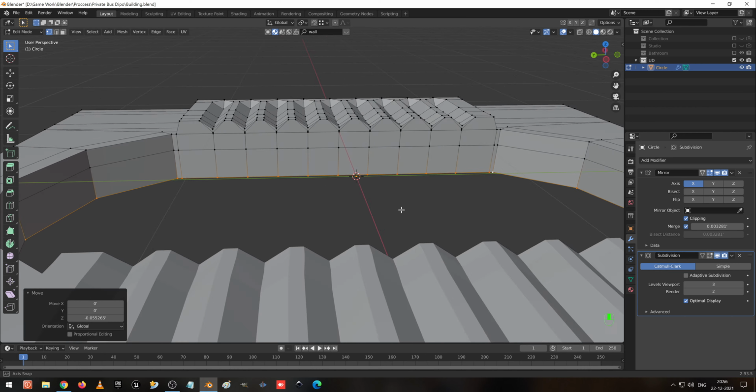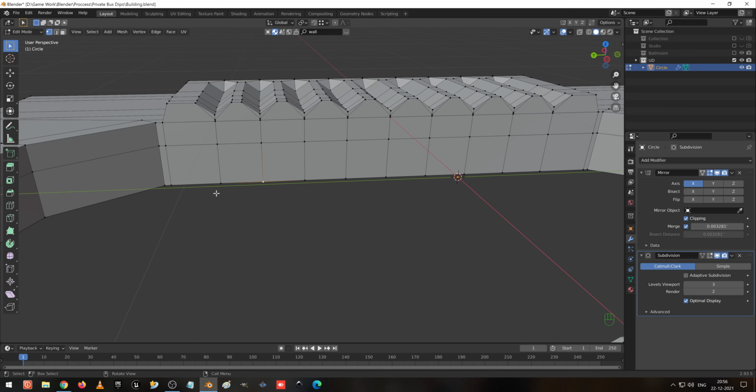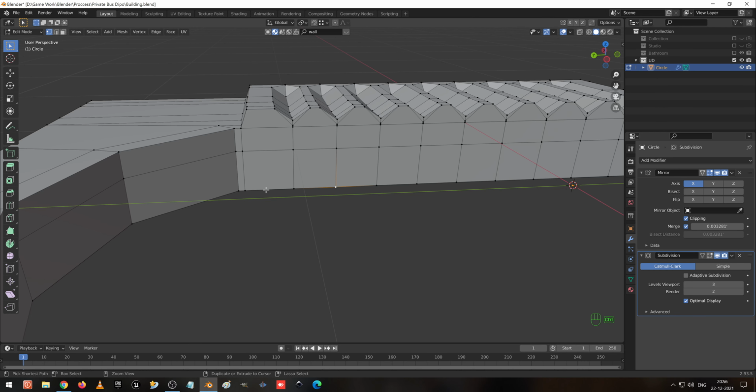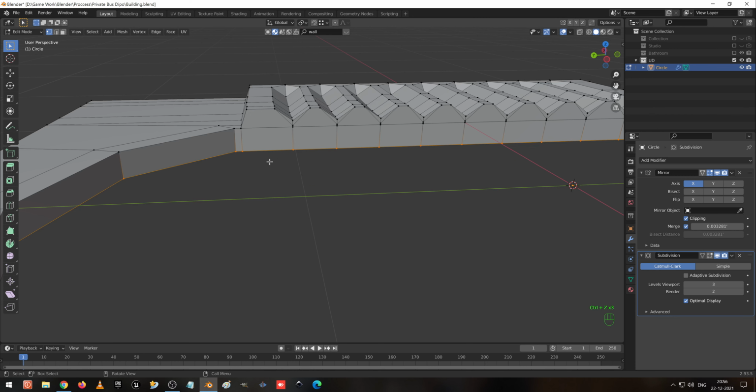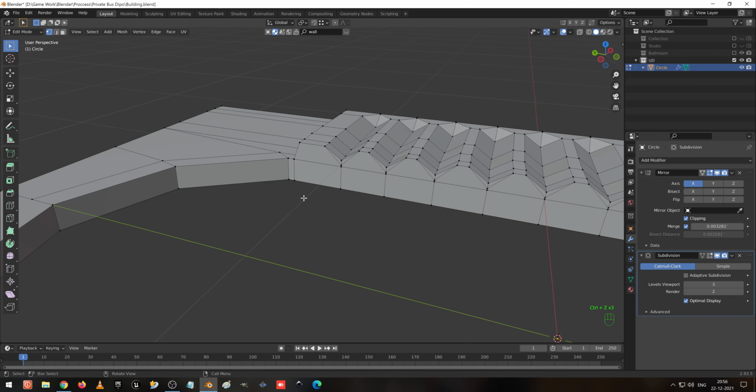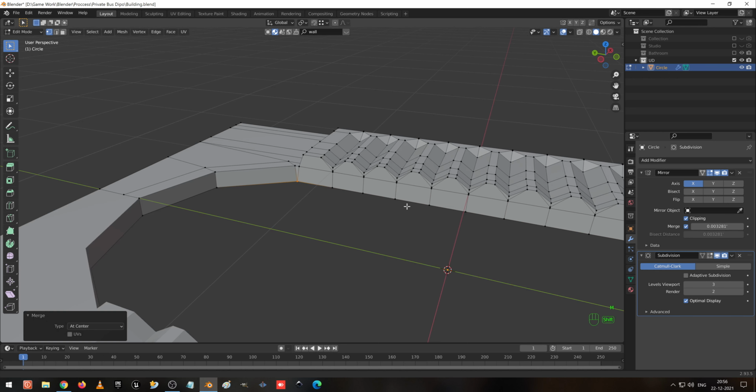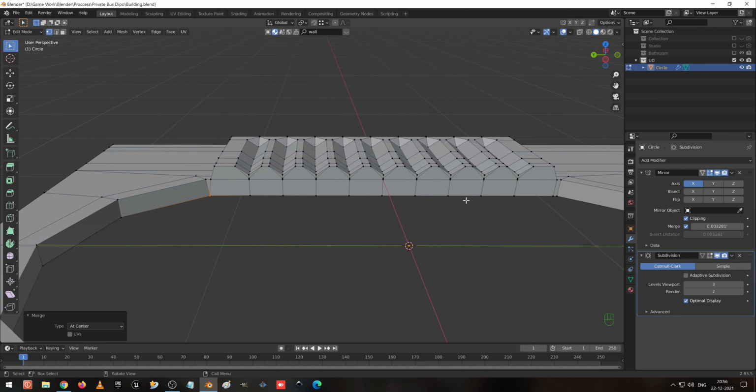So after doing this, okay, this is enough. So here I am going to select these two vertices, press M and merge at center, and I am going to make it as 3 lines, 1 2, okay, fine.